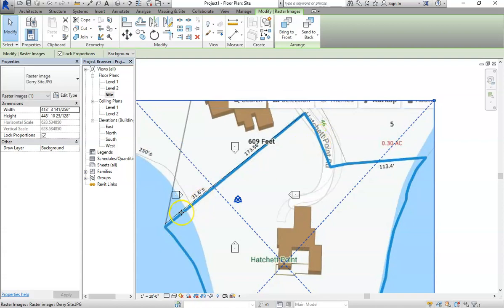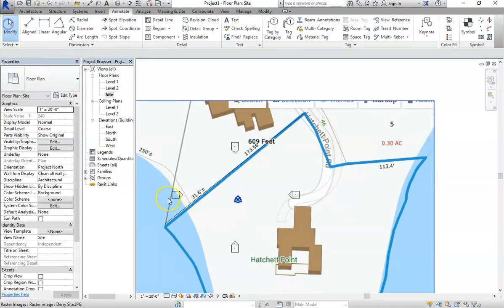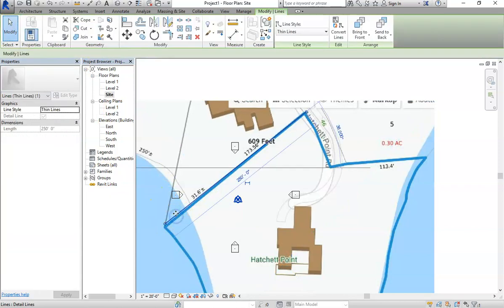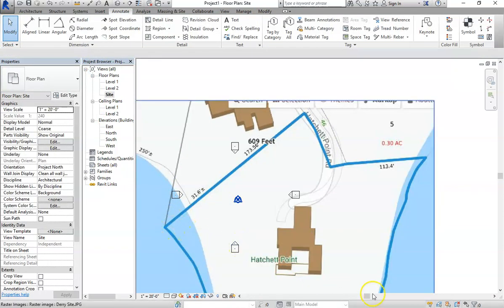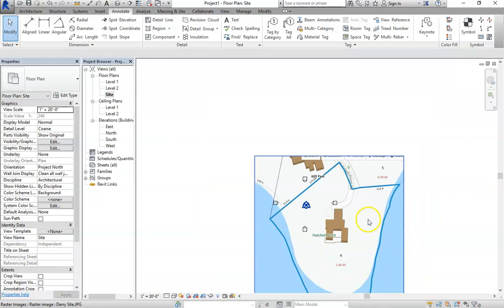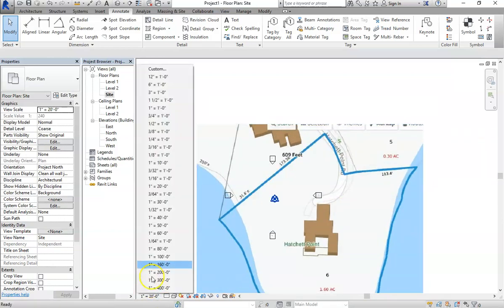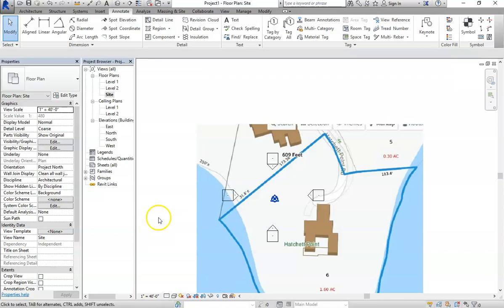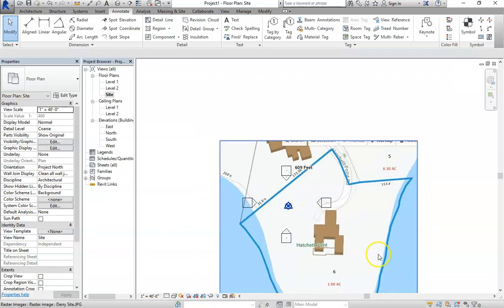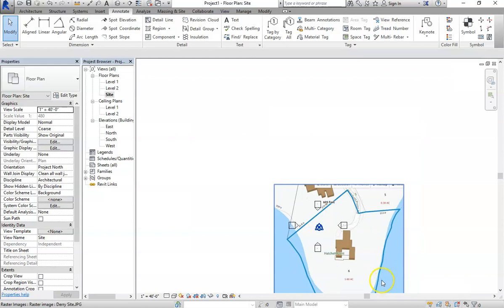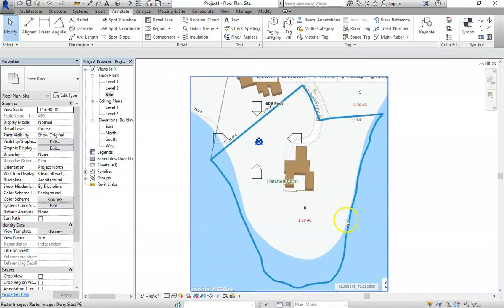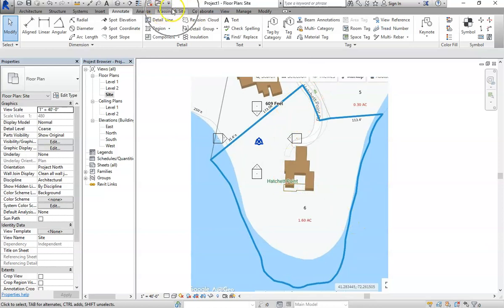So I'm going to go ahead and delete it, because I don't need that one at the moment. All I needed to do was scale my property up. I'm going to set my units to 1 inch equals 40 feet, and should have done that to begin with. Hopefully this will work. Now I'm going to jump into the Massing and Site tab up here at the top